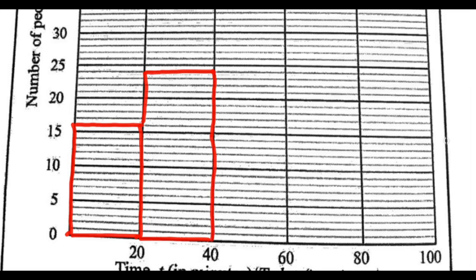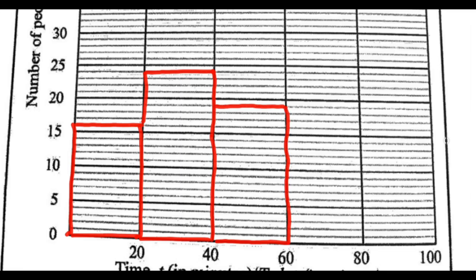There we go. Now between 40 and 60 we got 19. So the 19 is going to be here. This is 20, so the 19 here. Now we're going to again join